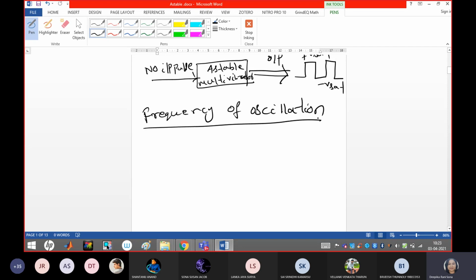Frequency of oscillation means the charging of the capacitor from VUT level to VLT level or vice versa. That is called your frequency of oscillation. So the voltage across the capacitor is nothing but a function of time, so we are representing Vc of t. This is the normal equation, guys. If you represent the voltage across the capacitor with respect to time, it is V max plus V initial minus V max,